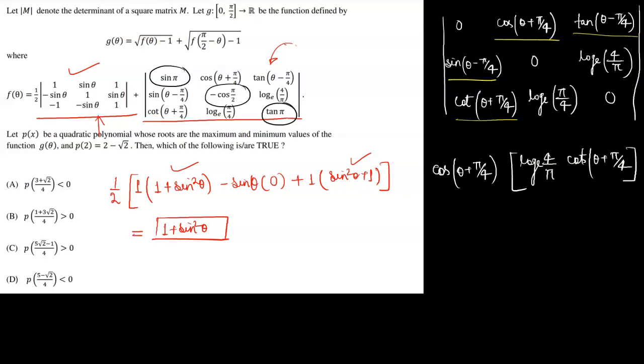Okay, since this will be negative here, and then after that tan theta minus pi by 4, and here there will be sin theta minus pi by 4 into log pi by 4 to the base e. Okay,